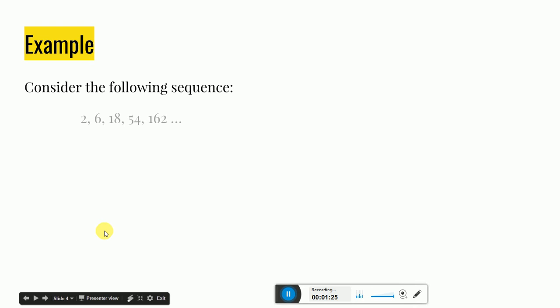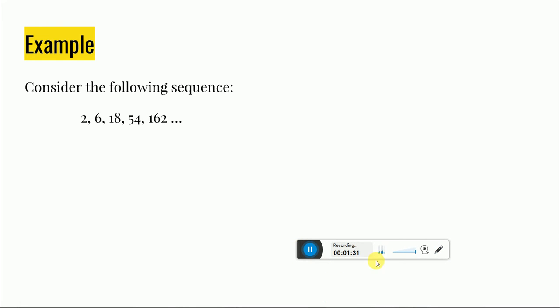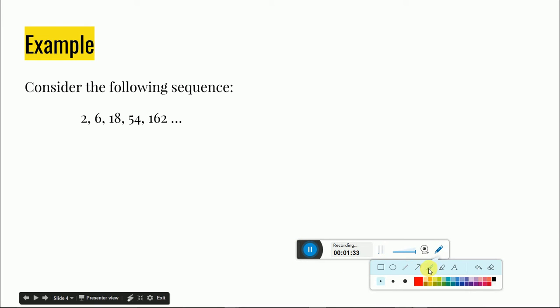Example, consider the sequence 2, 6, 18, 54, 162. So if we look at this here, what we should notice is that the particular values differ